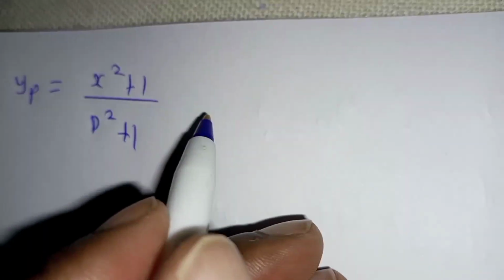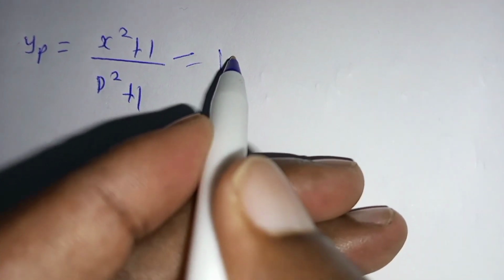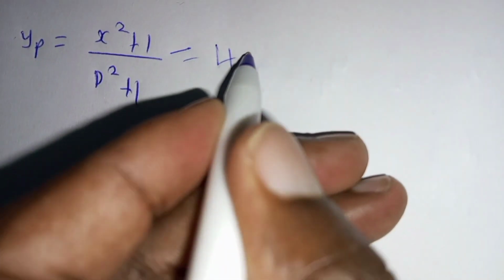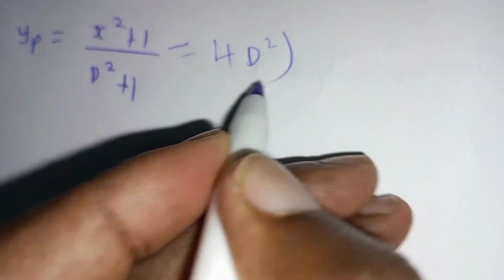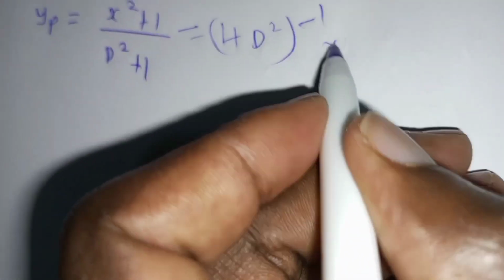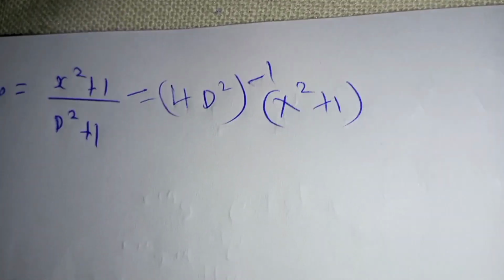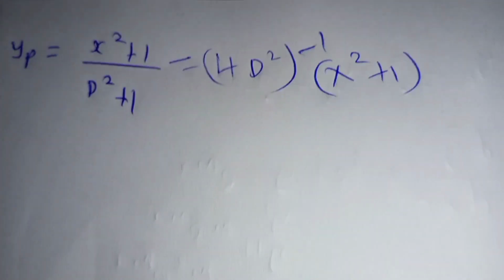Then we go to the part of y particular. The given ODE will be given by this, which can be written as 1 plus D squared, y is equal to x squared plus 1, that way. Then from there now we expand the